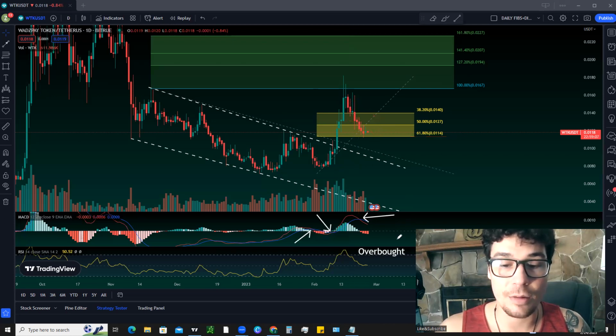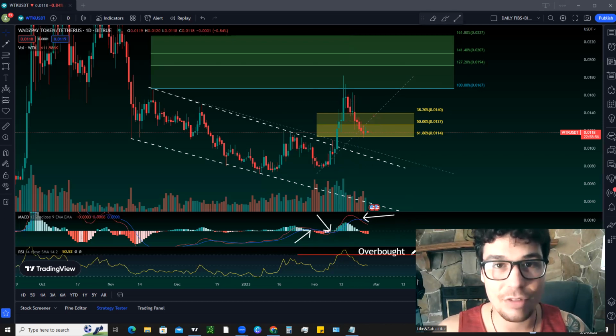Now, another thing is going to be the relative strength index over here. Recently, we were overbought, okay? Now, just because something's overbought doesn't mean it can't go higher. And overbought is going to be above this dotted line here, which is 70. That's the technical definition of overbought. So we can see we start to go above overbought right around these levels, but we continue to